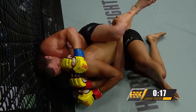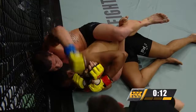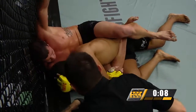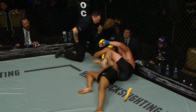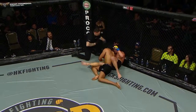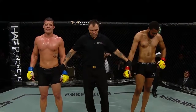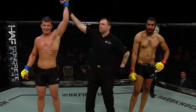You can see Chris Robinson now with the referee watching very closely as the mouth guard comes out of his mouth, and it's ten seconds left in the fight, and Jeremy Purdue full marks for what will be a decision victory here. No question in my mind that that's how that one's going to shake out. What a performance. The winner by unanimous decision in the blue corner, Jeremy